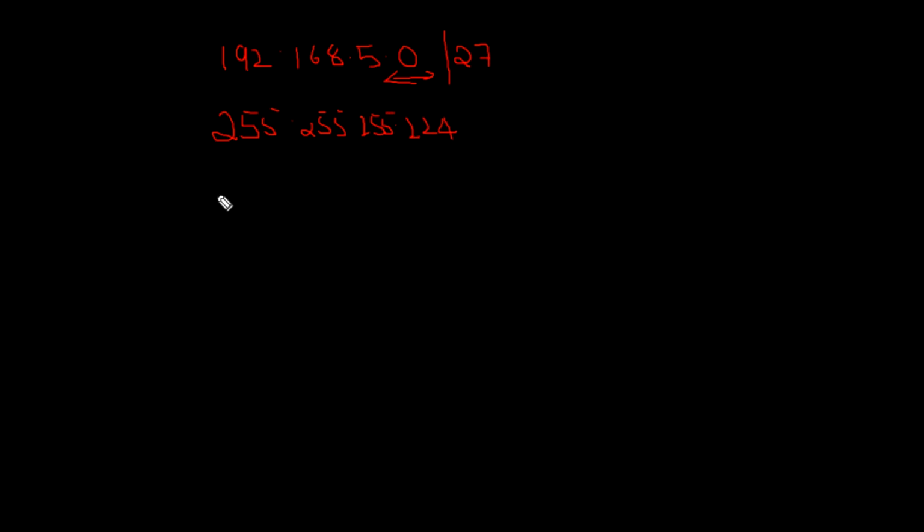Now how many hosts possible? For that you use the formula 2 raised to power n. How many subnets possible? 2 raised to power s. So how many bits am I using here? 3 bits I am using. 1, 2, 3. And the rest of the bits, 5 bits I am using for host. That we saw in the last example. So 2 raised to power 3 is equal to 8. This is the number of subnets possible.